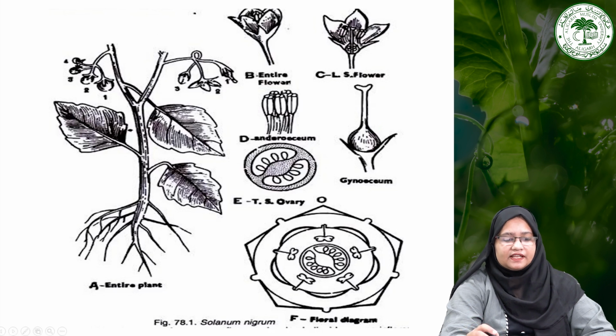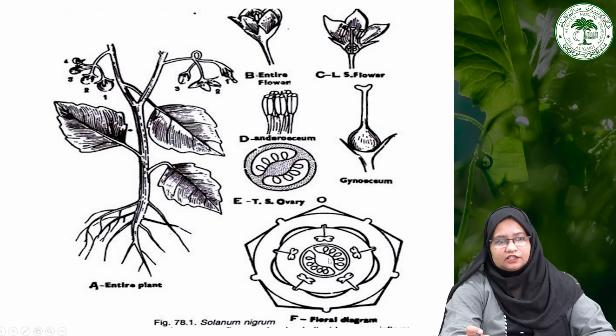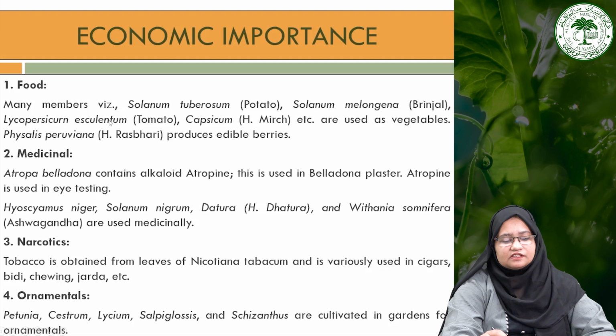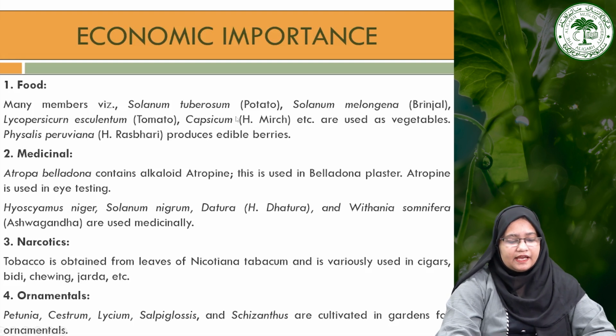Then Citrullus vulgaris, in Hindi that is termed as tarbooz. Then Cucurbita maxima, which in Hindi is termed as kaddu. Then Benincasa hispida, in Hindi it is termed as petha. Then Lagenaria vulgaris, the Hindi name of this is lauki. Then Trichosanthes dioica, in Hindi it is known as parval. Then Luffa acutangula, in Hindi it is termed as torai. And Momordica charantia, which in Hindi is termed as karela.